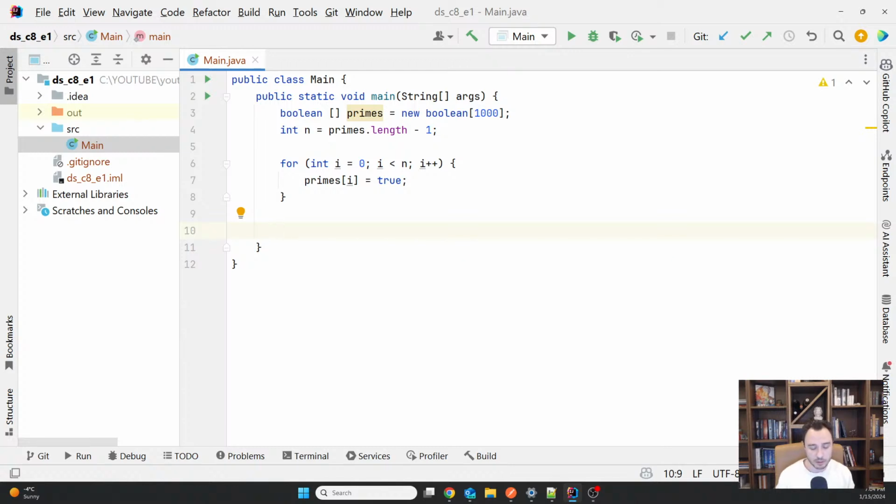So what I'm gonna do now, I'm gonna start with the second, and I do start with the second because 2 is actually the first prime number, so we don't actually care about 0 and 1, so they will not be used out of our array. 2 is the first prime number, and with it we start to clear out which are the numbers that are